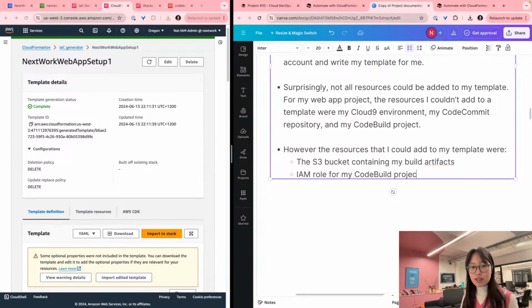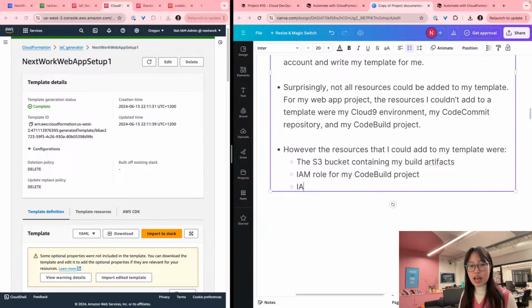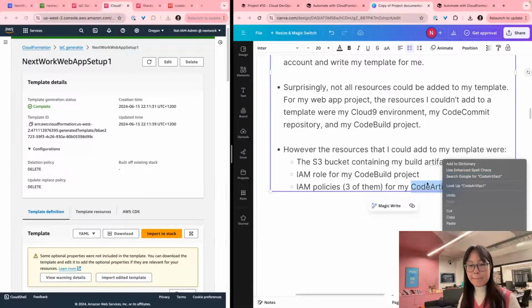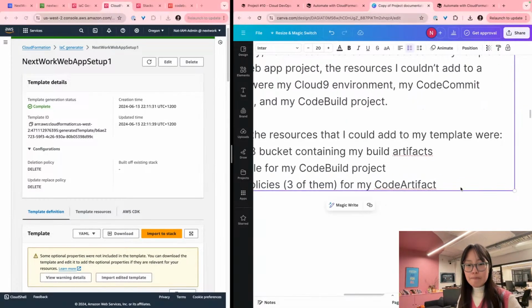That was awesome. IAM policies, 3 of them for my CodeArtifact repository